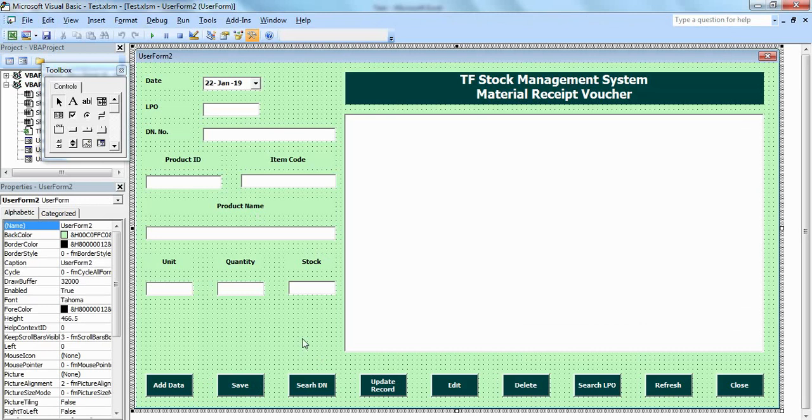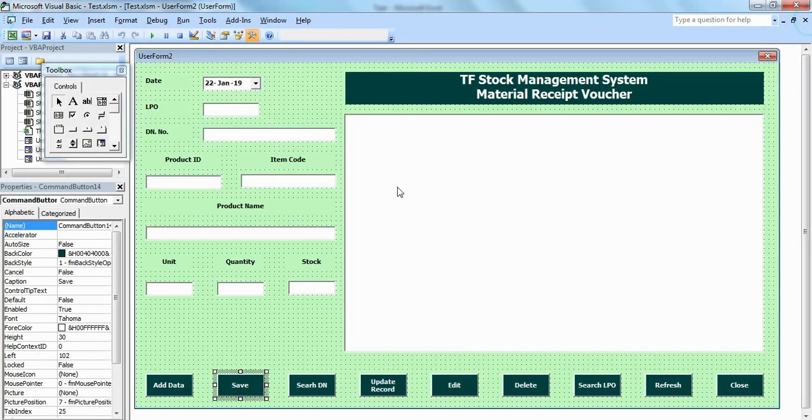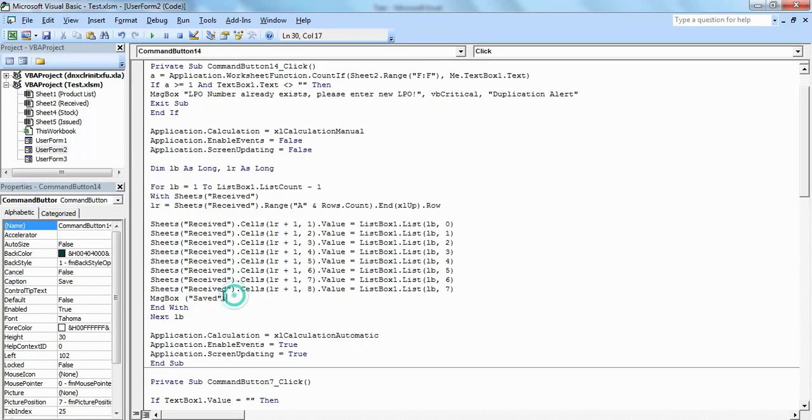Now one thing we want to discuss here is that this message box we should paste here, because otherwise when we press the OK button, it will reappear the message. Obviously we don't want that. So now it's okay.